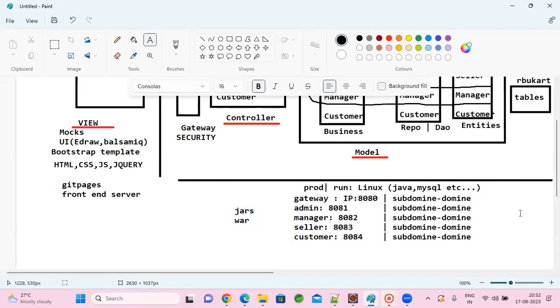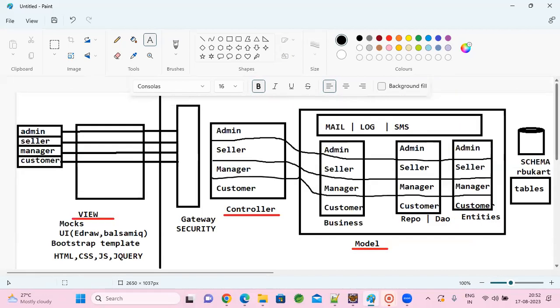Yeah, this is the plan. What we are finally going to implement is using MVC architecture, and this is how the flow will go. Are we clear so far? Guys, you need to open up.